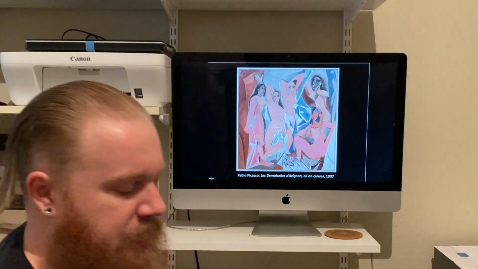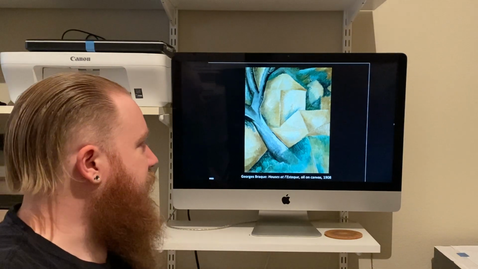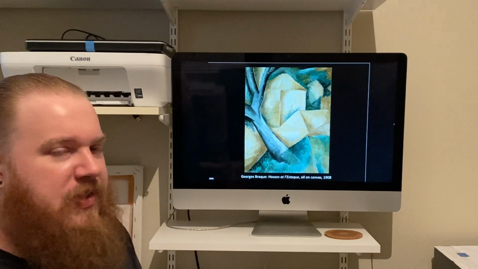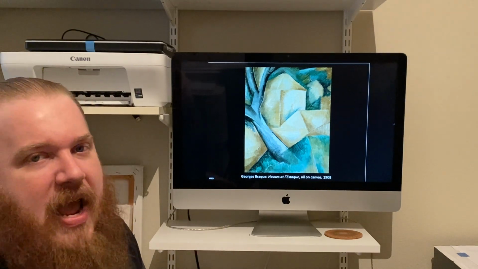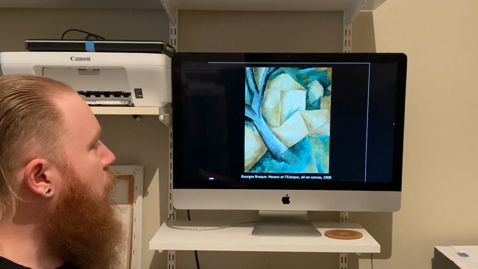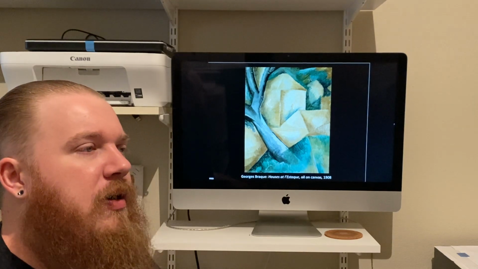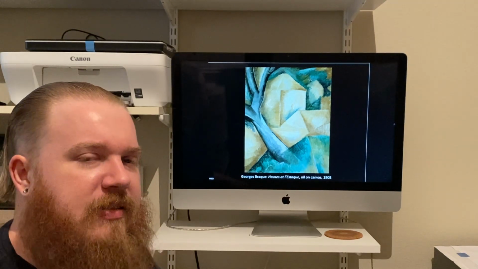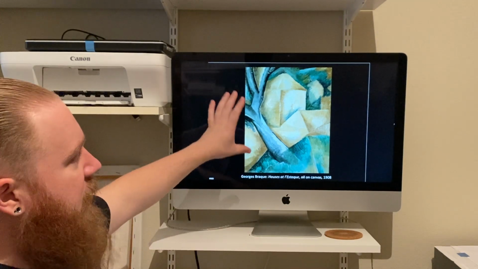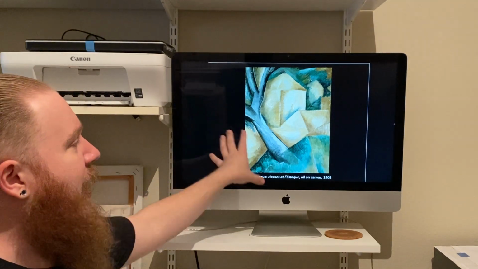at least recognizable. Now, if we compare this to, say, this is the Houses at L'Estaque by Georges Braque, we can see this is the painting that actually gives Cubism its name, because we have these very cubic kinds of forms. And so Georges Braque's work is much more simple, much more heavily focused on, or at least influenced by, guys like Cezanne and works like this. But once again, it's very simple, and it's kind of breaking a space down into recognizable shapes.